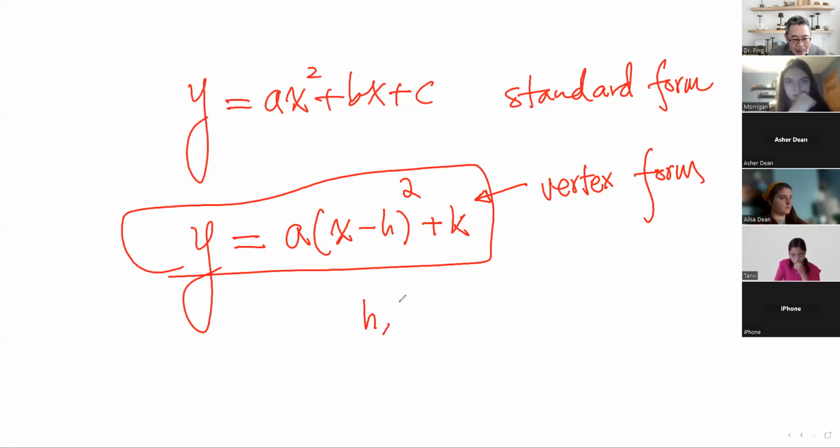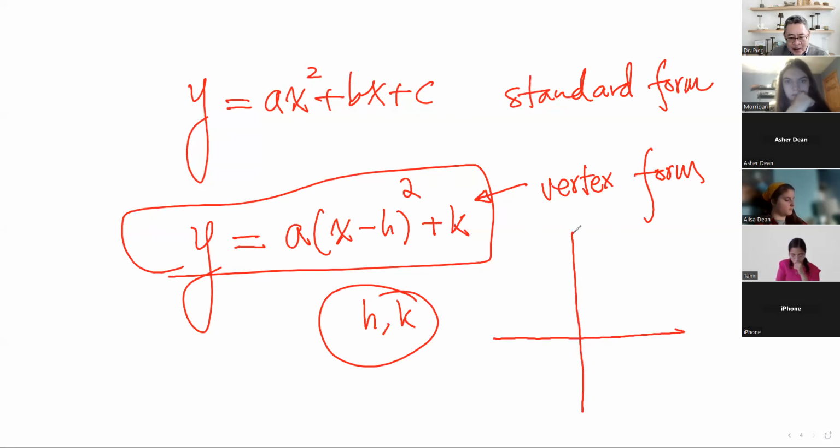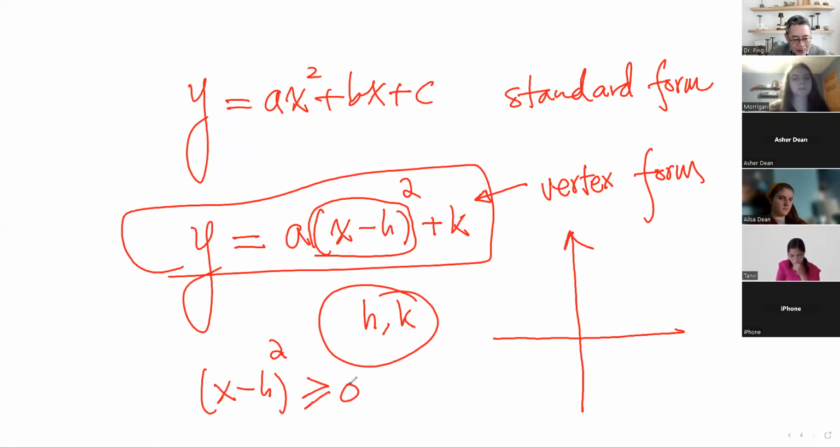Because h comma k, that's the vertex. Well, how do we know that? You can see that this number is a square, so x minus h squared is always greater than or equal to 0. So therefore,